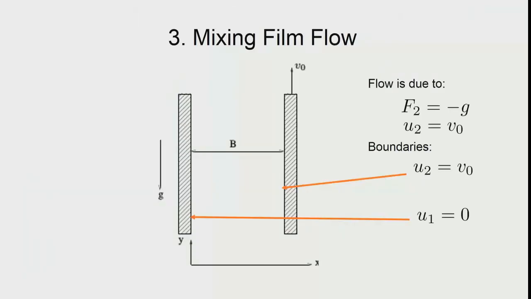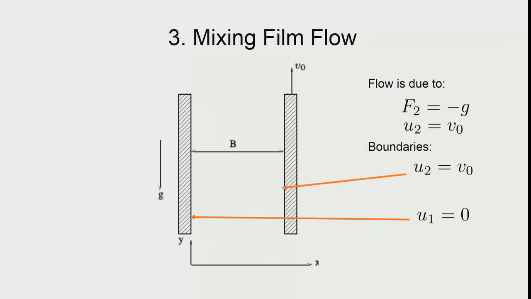Now, the last problem we are actually not going to solve; we are only going to combine the solutions from what we have done till now. Here is a situation where there are two walls, and these walls are fairly long in the y direction. So, the liquid that is in between the walls is getting mixed. The reason why it is getting mixed is because one wall is stationary, the other wall is actually moving vertically in the direction of plus y at a velocity v naught.